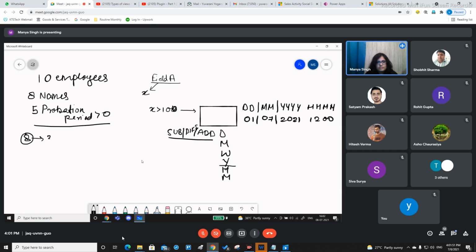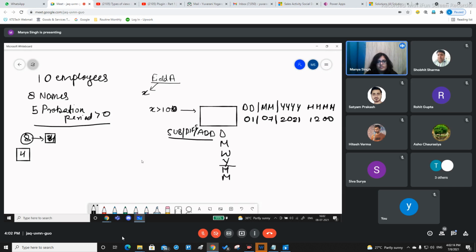Say for example, those are 4. Out of those only 4 are available who are having a probation period greater than 0. So basically you will be getting 4 records on which this particular calculation which you have chosen will be carried out.